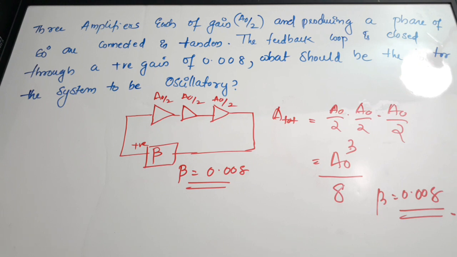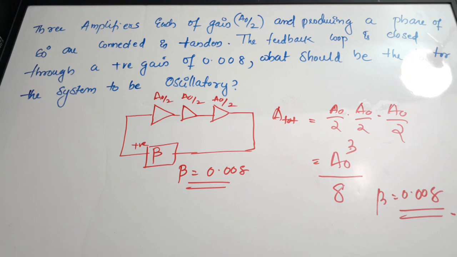The trick or the concept is given in the last statement. What should be the value for A0, or what should be the A0 for the system to be oscillatory? That is the first thing we study in oscillators, the Barkhausen criteria, which we have also discussed while doing the oscillator video. I would suggest you surely watch that video, because I have explained a lot of things in that video. That is a video on oscillators. We have discussed about Colpitts oscillator, Clapp oscillator, Hartley oscillator, Wien bridge oscillator, RC phase shift oscillator. So please do watch that video. Okay.